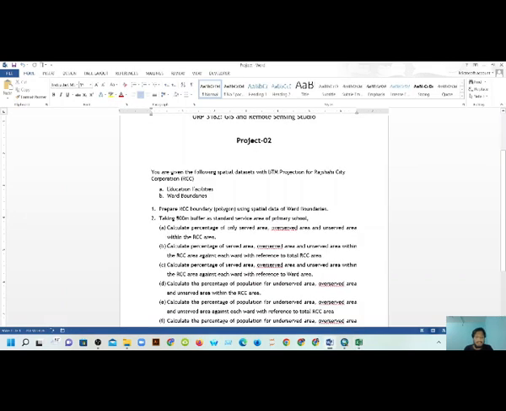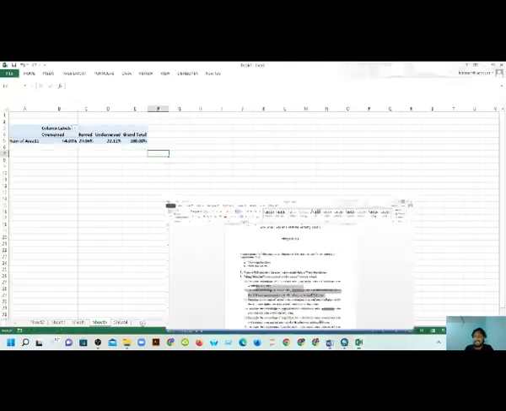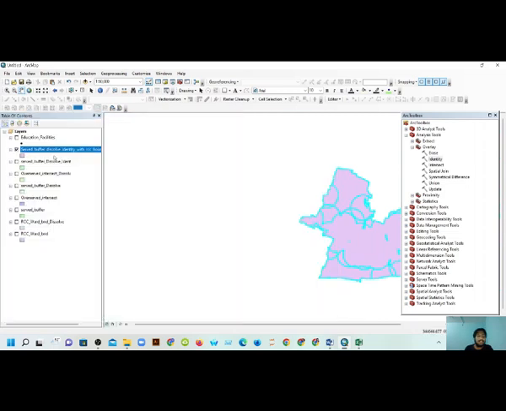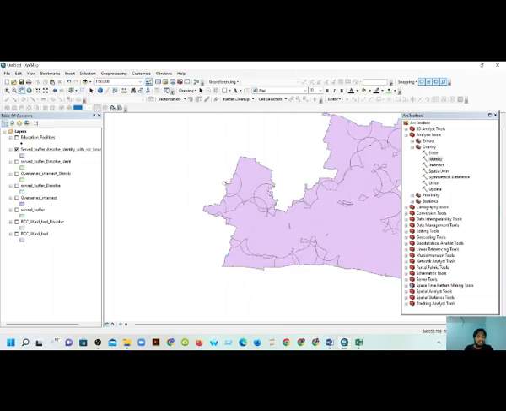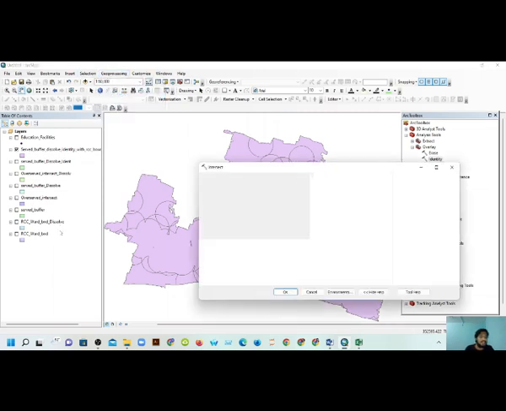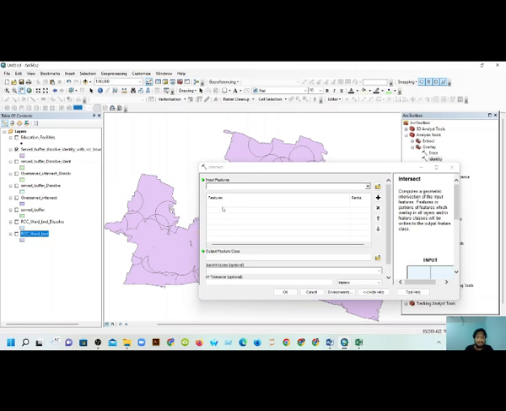And the second question, B, is to calculate the percentage of served area, overserved area, and underserved area within the RCC area against each ward, with reference to the total RCC area. So for this, go to ArcMap and then unselect it, and then add, then intersect with the RCC boundary. So select the RCC boundary and then the served area,